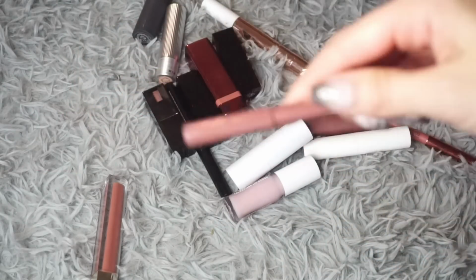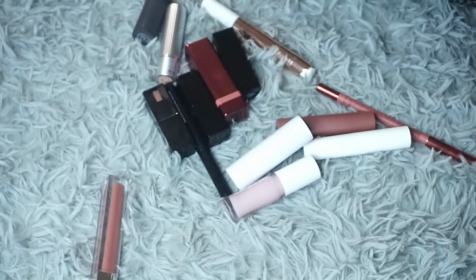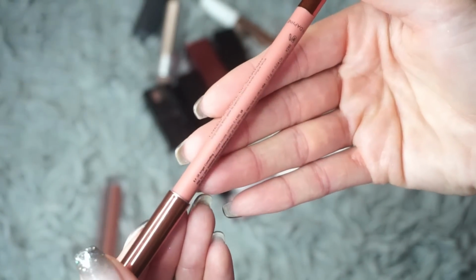Another Colourpop lippy pencil in the shade BFF2. I actually do wear this one quite a bit also. I'm gonna keep it. I do love me some lip liners. I feel like I did a good job on my lip liners, so I'm really keeping my faves, you know? And then I have from Natasha Denona, this was from her I Need a Rose lip collection,